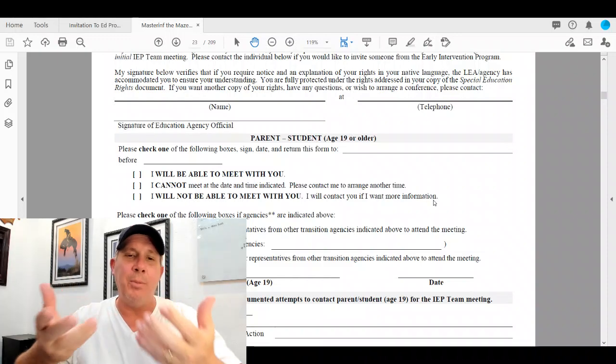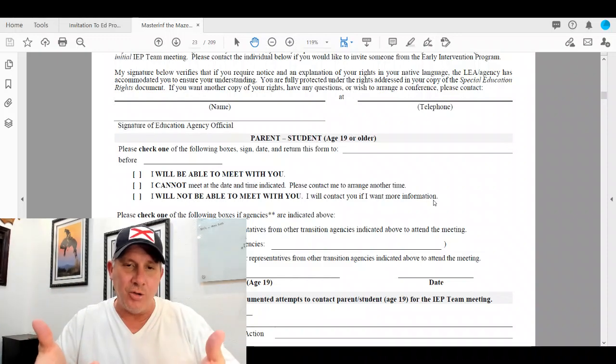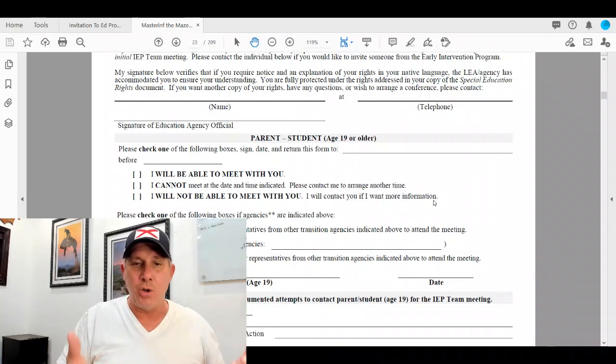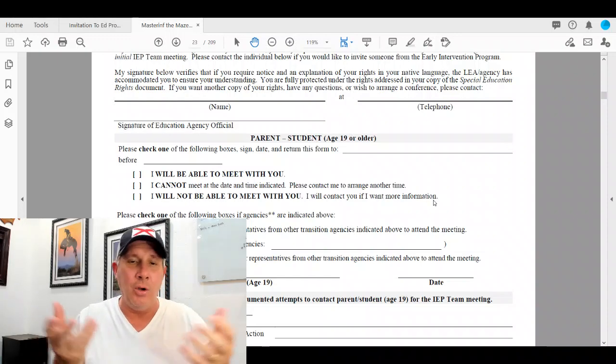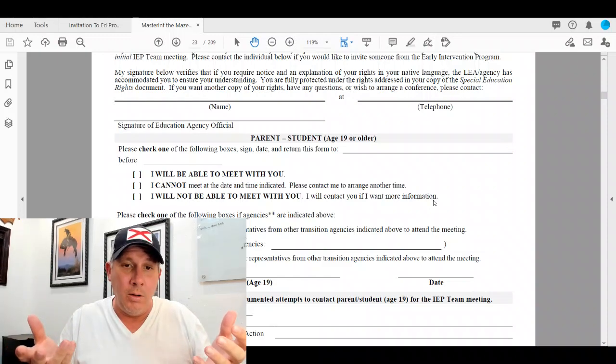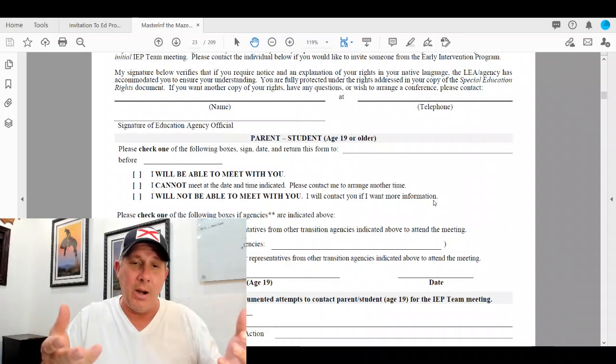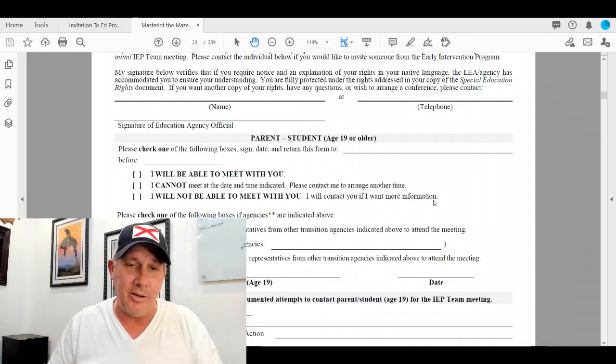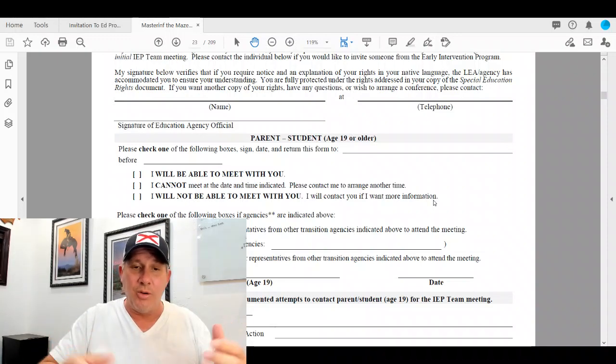And if it was simply an issue of work schedule that they refuse to acknowledge or work around, then at that point, you're not needing to be convinced. You're not refusing to go. They're not scheduling and they're not acknowledging your role as a parent as a valuable member of the IEP team. There's a huge difference between the two. But this is where you need to go through that extra step.